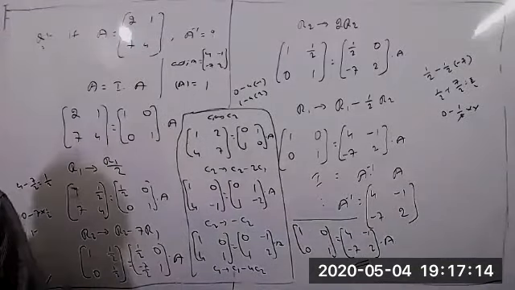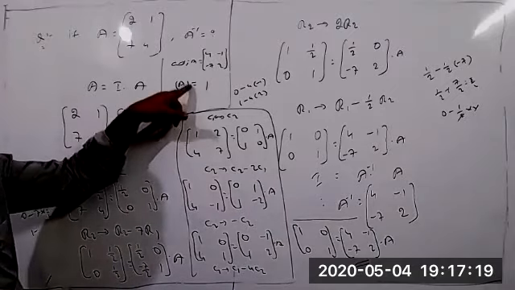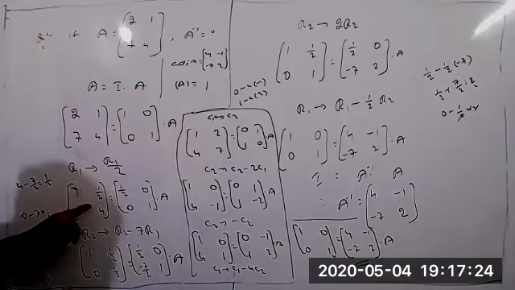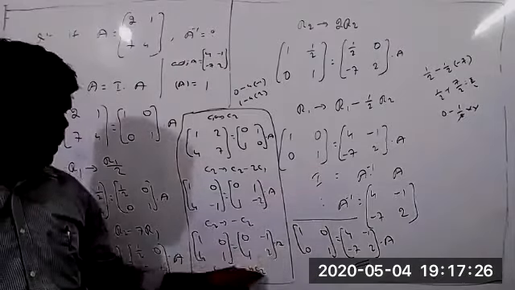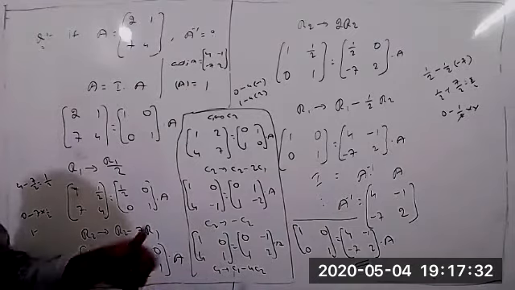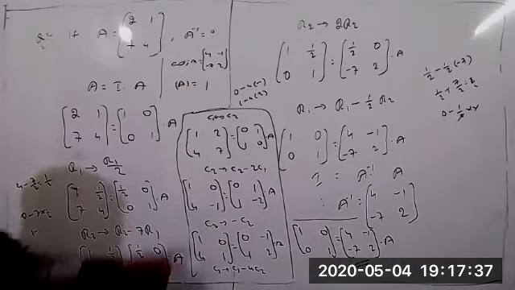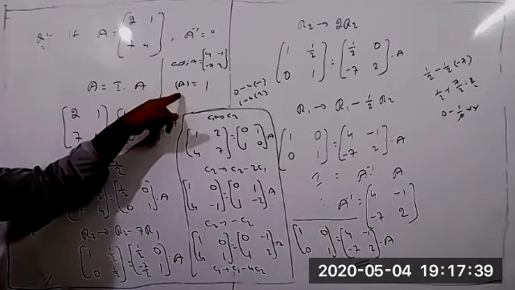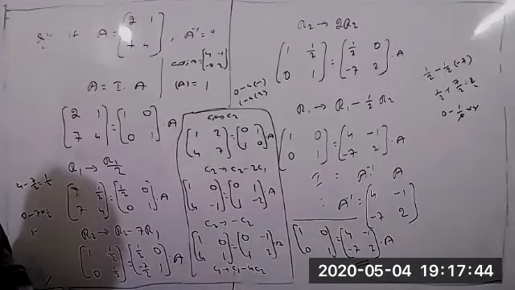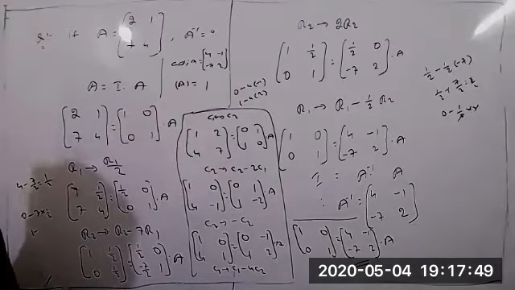Okay. But whatever method you apply, you should always get the same answer. This is by using the formula: A inverse equal to adjoint A by determinant of A. This is by using row operation. This is by using column operation. In this, whatever you feel is easy, you can follow. Here there are no restrictions. But don't utilize this formula here. Suppose you're asked from an objective point of view, yes, you can utilize the formula, but from the subjective point of view, don't use this formula now. This belongs to the determinant chapter, the next chapter, but not now.